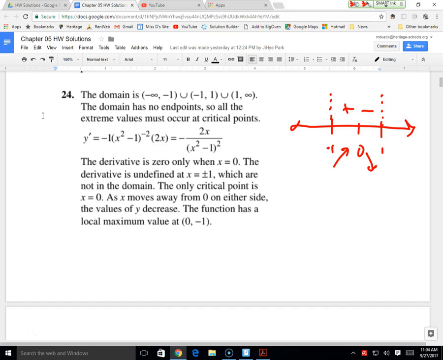Now dilemma, what if the function had been different, and what if we had the following? What do you have to be careful of? What if it looks like this? Because I put the dotted lines, hopefully you would realize, but if you didn't start by thinking about the domain of the original function, couldn't you say, oh hey, it's a local min, local max, local min, done. But the dilemma is, if you don't think about the original function, you would say there was a relative min at a vertical asymptote. Is that possible? No. Which is why the very first step to testing or checking extrema is check the domain. Good.